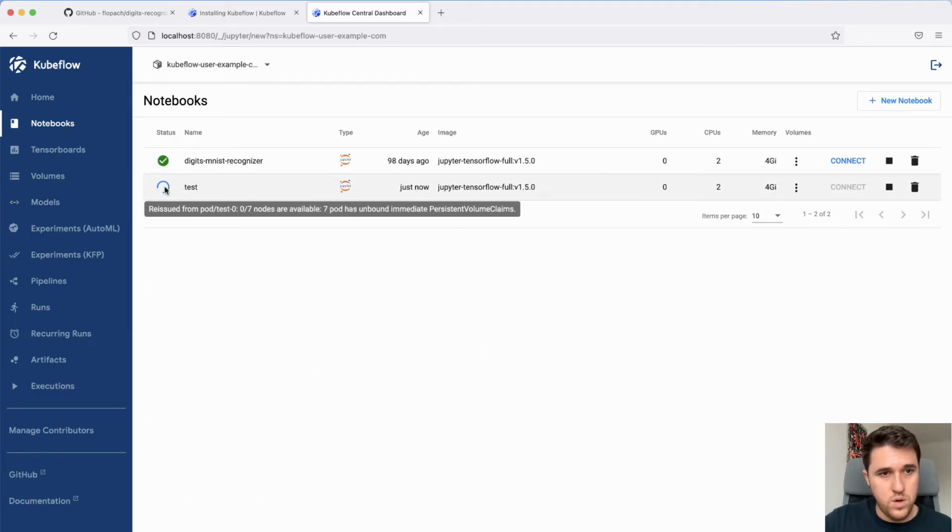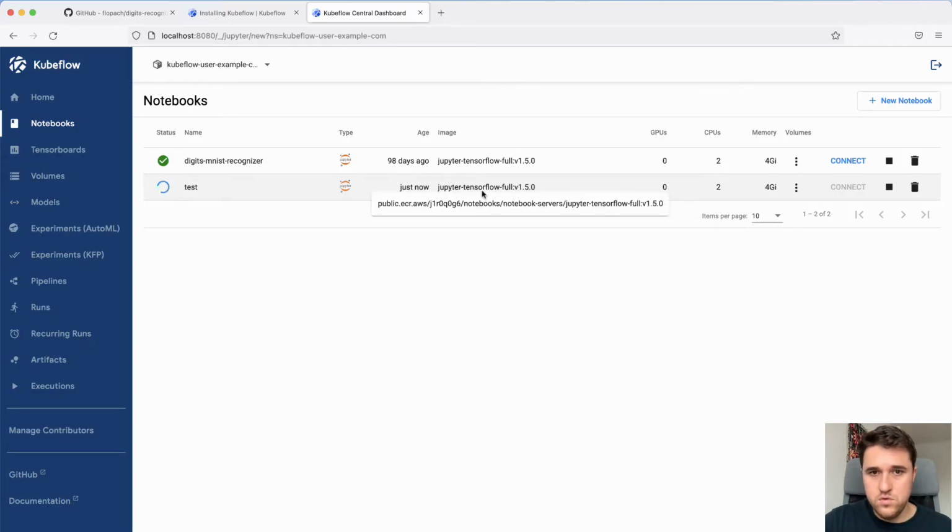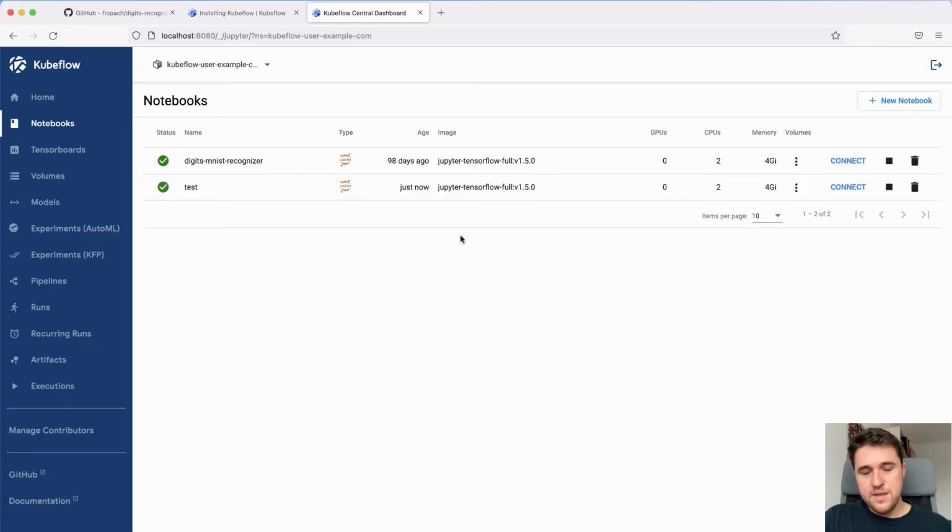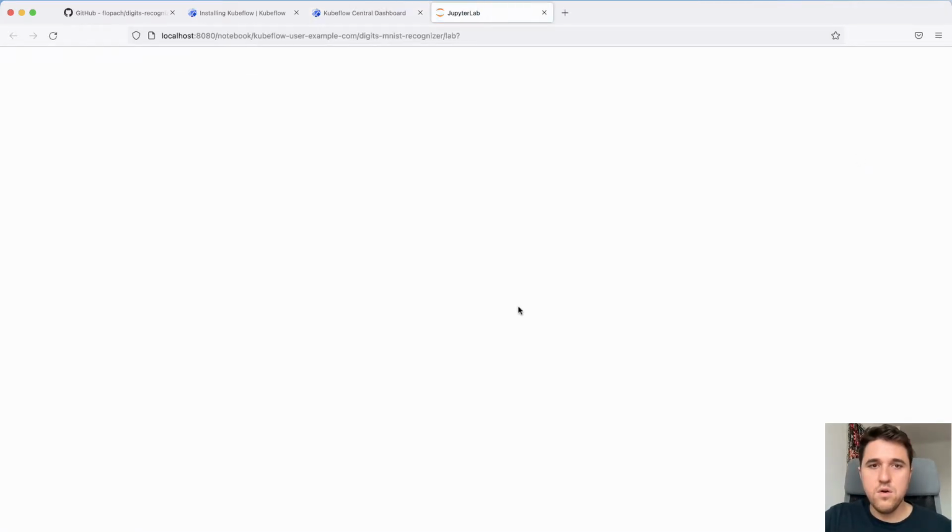So then it will go up. It takes some time, of course, to launch it. But you can see here, hey, everything is running smoothly. Cool. All right, with that being said, oh, it's done already. This was fast. Yeah, I pulled the image already, which is in the local cache. So once this is pulled, the cool thing you can do is just click on connect,